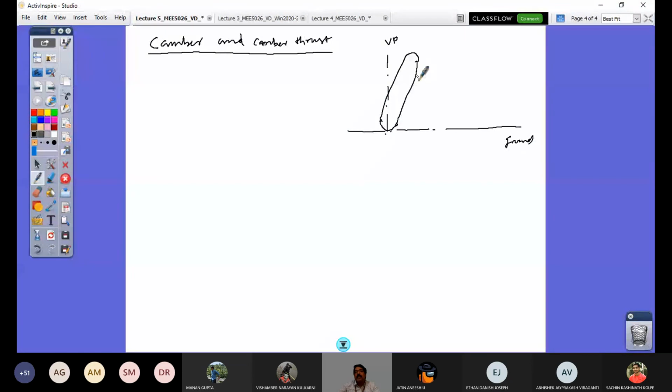So this is your wheel plane, and this is your vertical plane. This angle is the camber angle, denoted by the letter gamma. You see that I have drawn it for a free rolling tire. If I draw the axis of this exaggerated wheel, there is an intersection at this point. That point O is the theoretical center of rotation of the cambered wheel. This is the theoretical center of rotation.